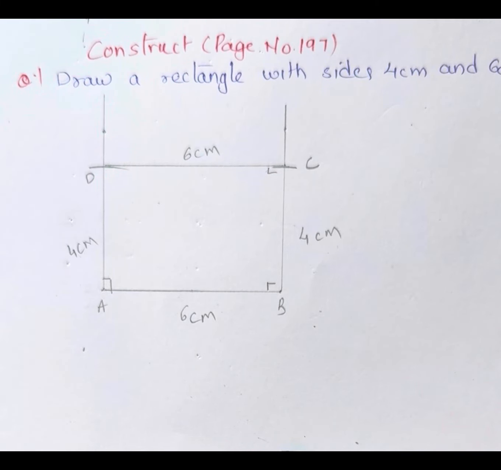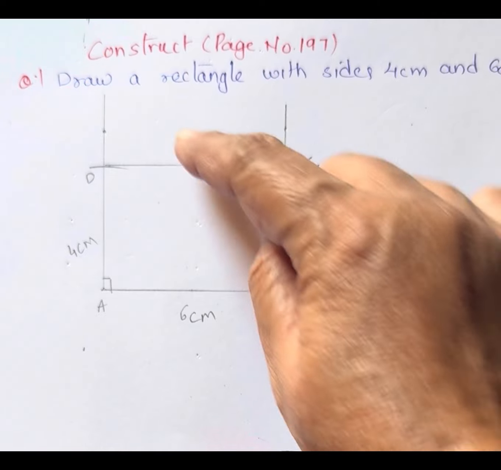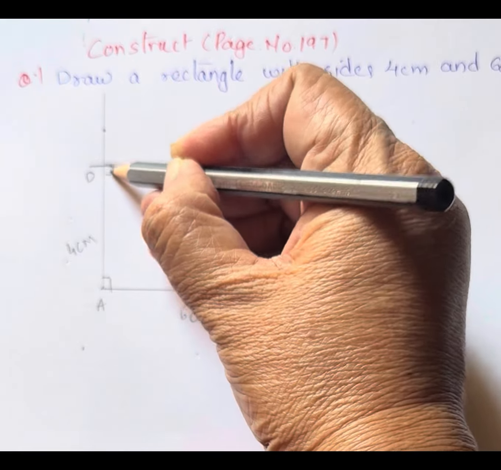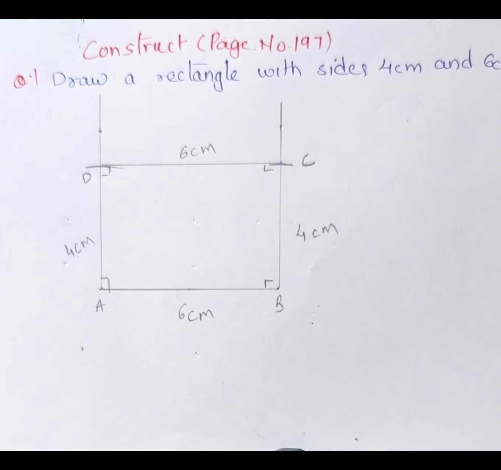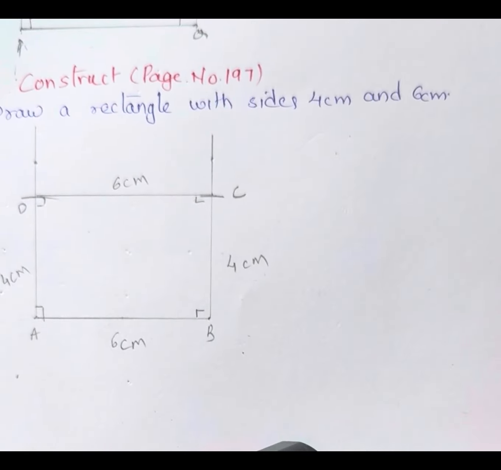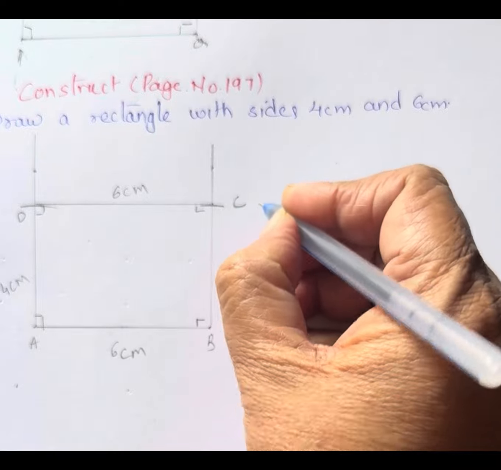Now what are the properties of the rectangle? The opposite sides should be equal. So here 6, 6, 4, 4. And all angles should be 90 degree, right? That we checked, right? So both the properties are satisfied. Therefore, ABCD is the required rectangle. So we'll write